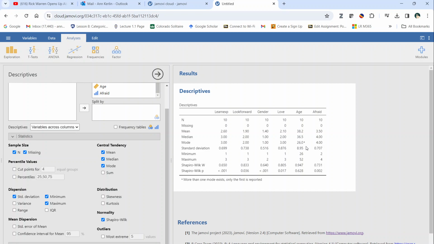I guess more than one person was 26. And we've got a standard deviation for our mean, maximum and minimum. It can only go from 1 to 4. And I'm going to have you tell me what Shapiro-Wilk indicates in your